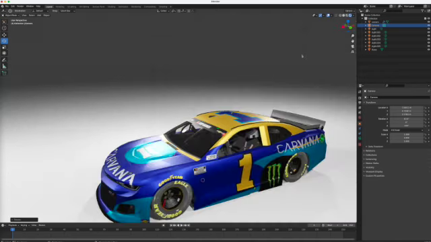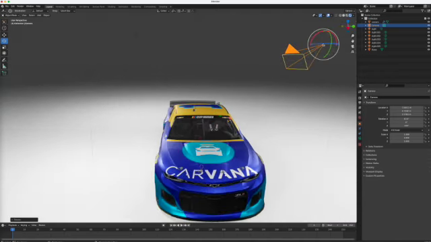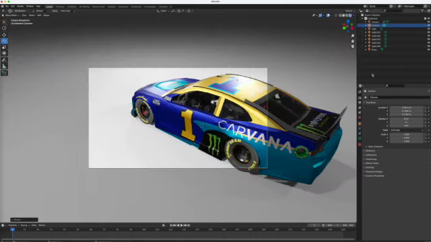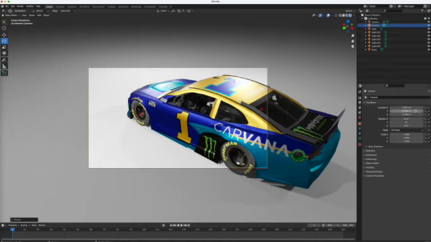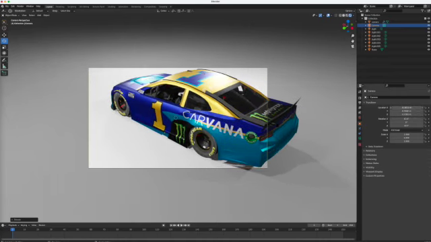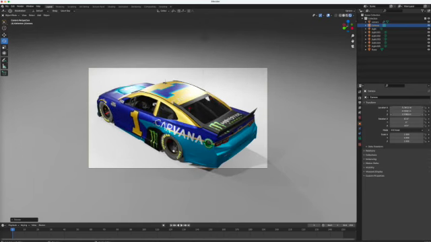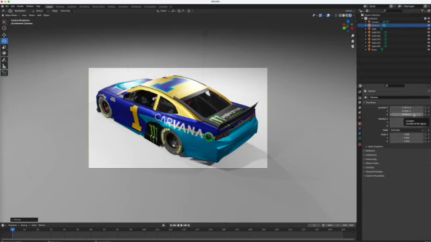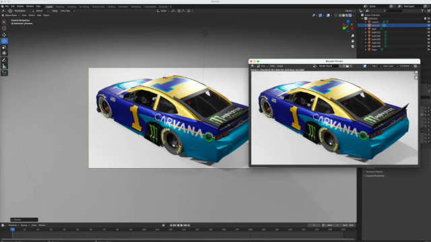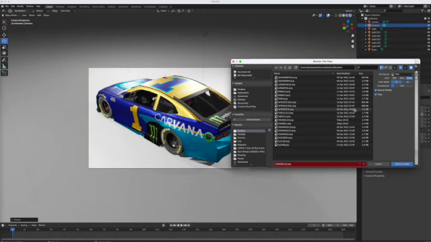But this is basically what I do when I render my cars, just trying to find the best view of the car. And we can move it back this way a bit and raise it up, and function F12, and get the render, image, save as, number 3,